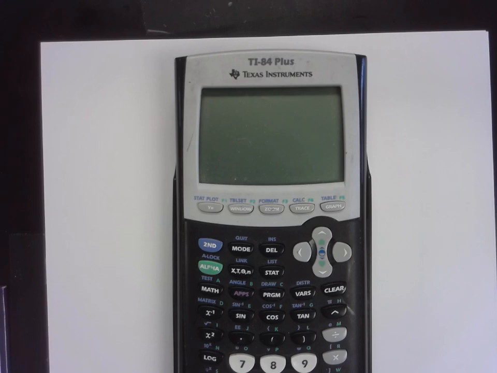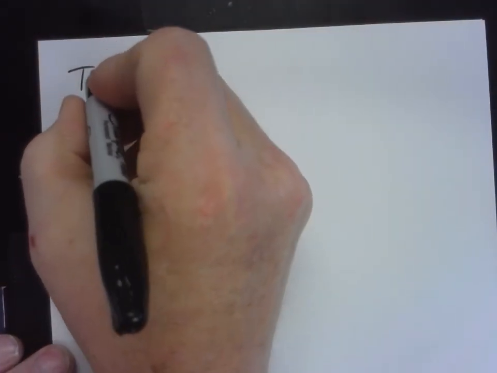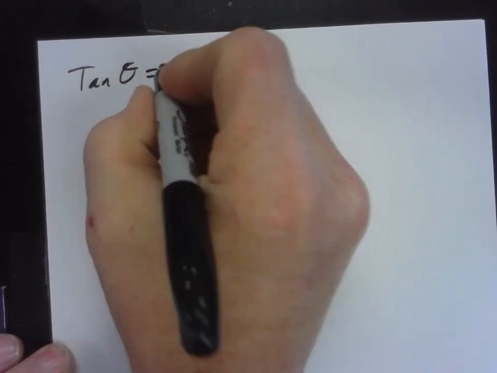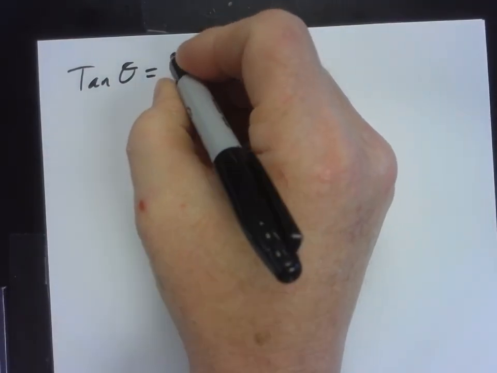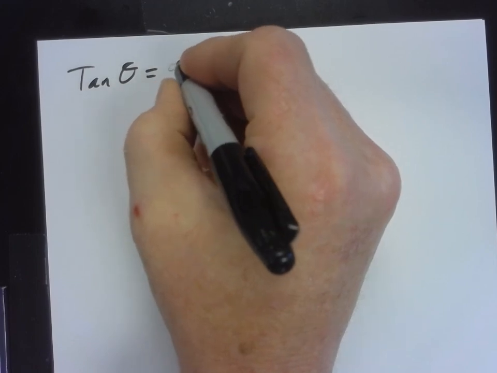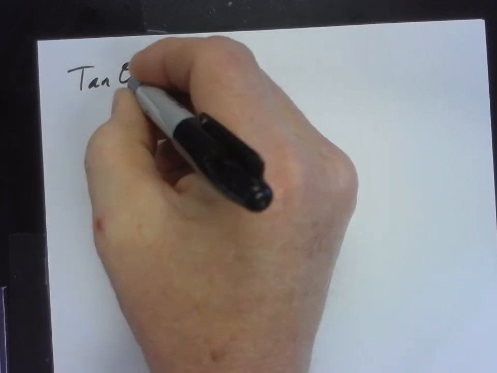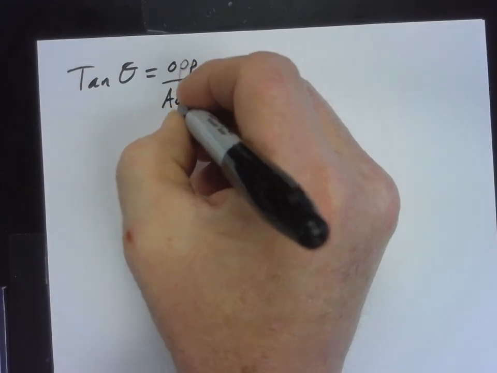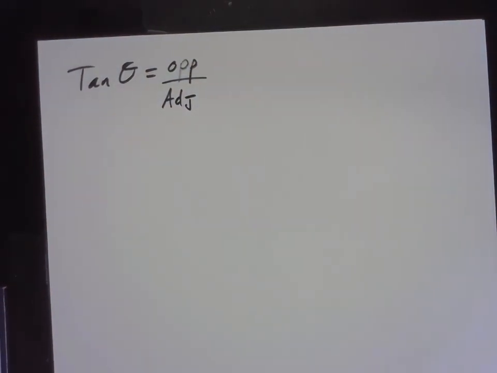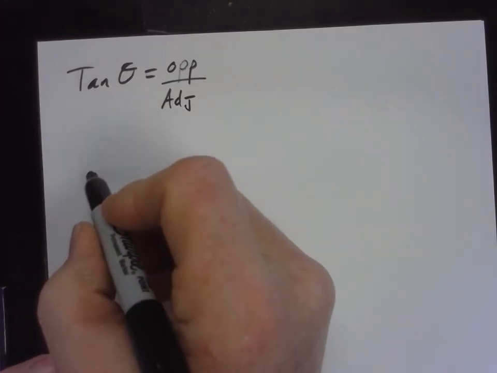Okay. So we talked about our tangent function. We know that the tangent of an angle is always the ratio that we get when we divide the opposite side, or the side opposite from the angle we're looking at, by the side adjacent. Okay? So there are two other functions that we use because we don't always know the opposite and the adjacent. Okay? So, this is great